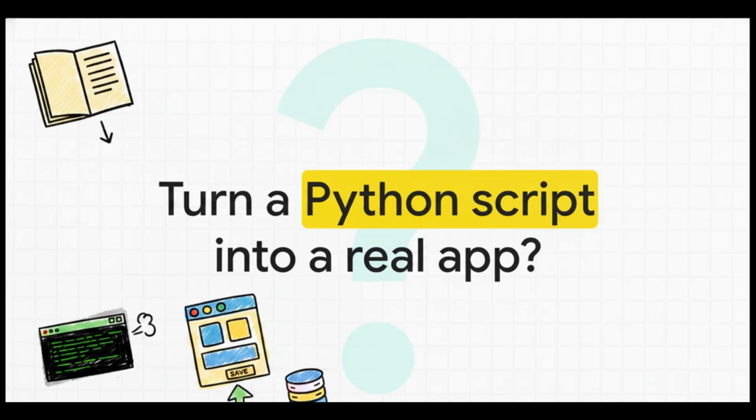So how exactly do you turn a simple Python script into a real functioning application? Man, it's a frustration literally every developer faces early on. You know the drill, right? You spend hours writing this brilliant code, you hit run, it does its job perfectly in the terminal, and then poof, it just vanishes. We've all felt that specific heartbreak of accidentally closing a terminal window and losing all that